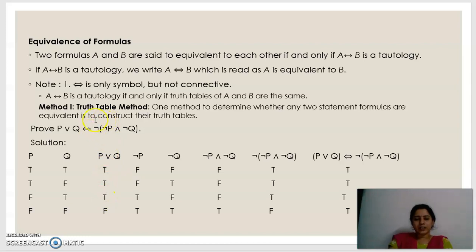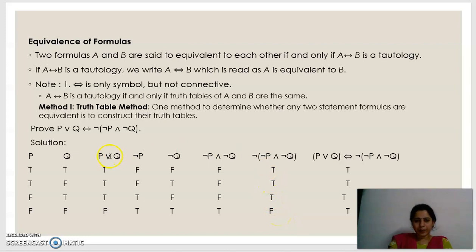To find out the truth values of negation of (not P and not Q), first we need not P and not Q. So find out not P and not Q first, then apply AND between not P and not Q. And now take the negation of this whole statement: false becomes true, false becomes true, false becomes true and true becomes false.